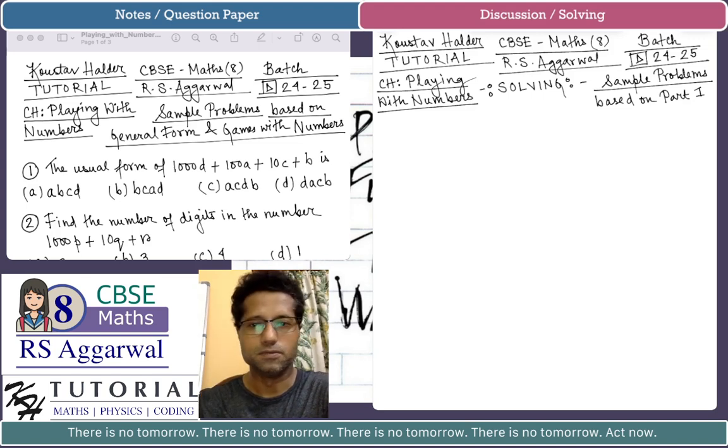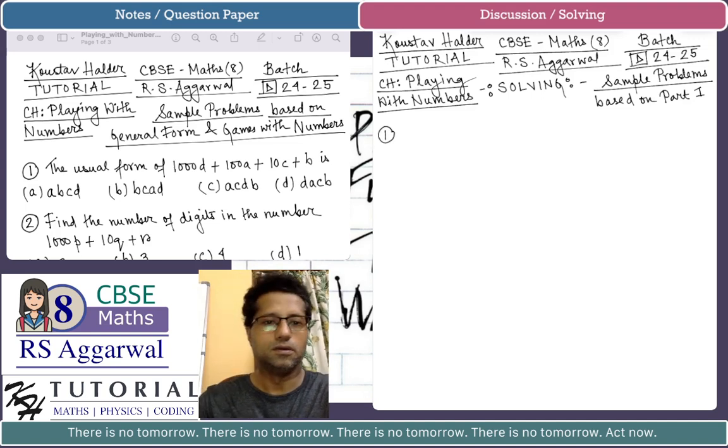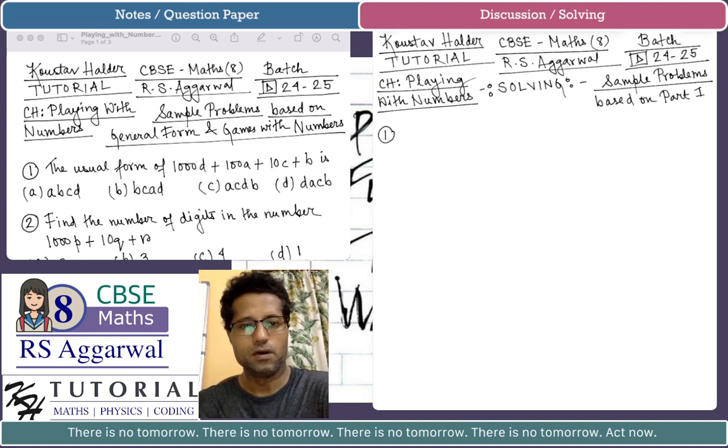The first problem says that the usual form of 1000D plus 100A plus 10C plus B is. So the number is given in general form, and we have to express the number in usual form. So we know that